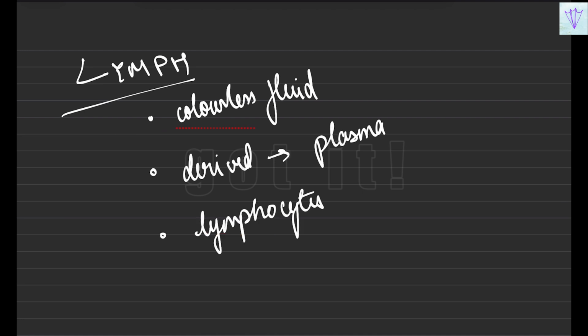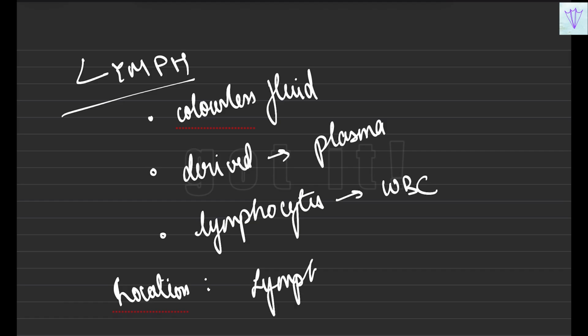So it is important to remember that in lymph you will be having lymphocytes, which is also a kind of WBC, white blood cells. It is a type of WBC. And the location of this is that it will flow through the lymph